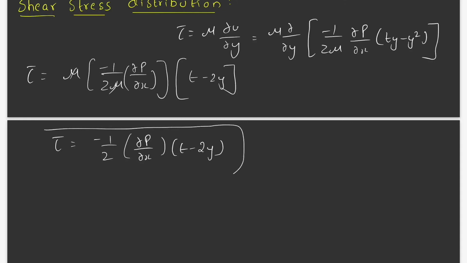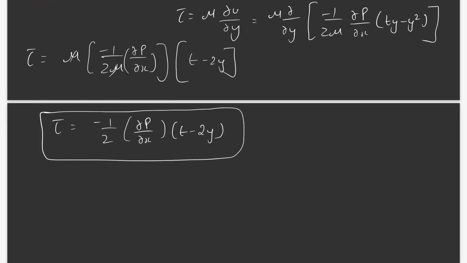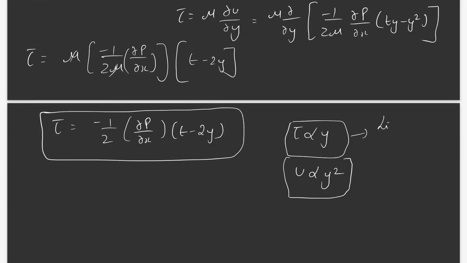This is the expression for tau at a particular point where the distance is y from the bottommost plate. Here you can see tau varies with only y, whereas u varies with y square. Hence tau is a linear variation, whereas u is